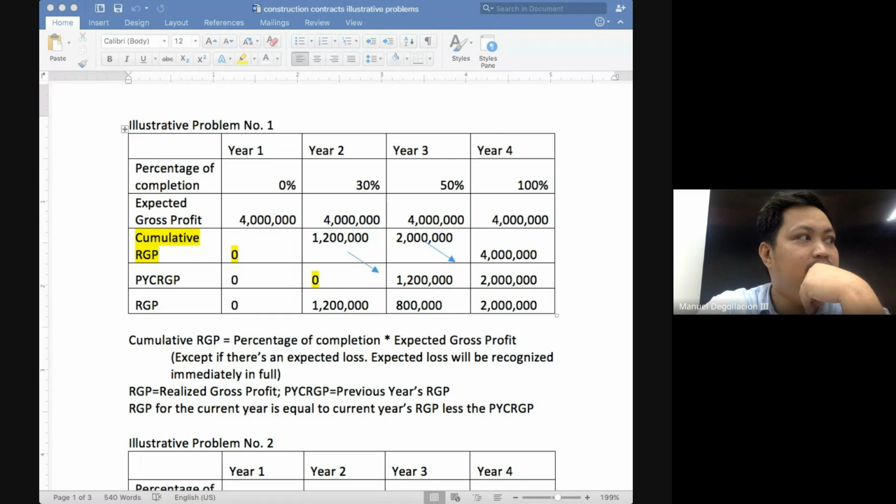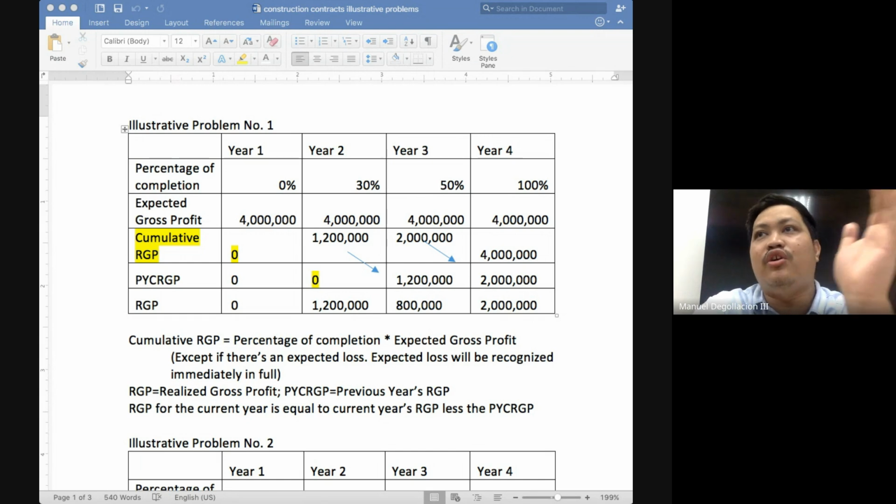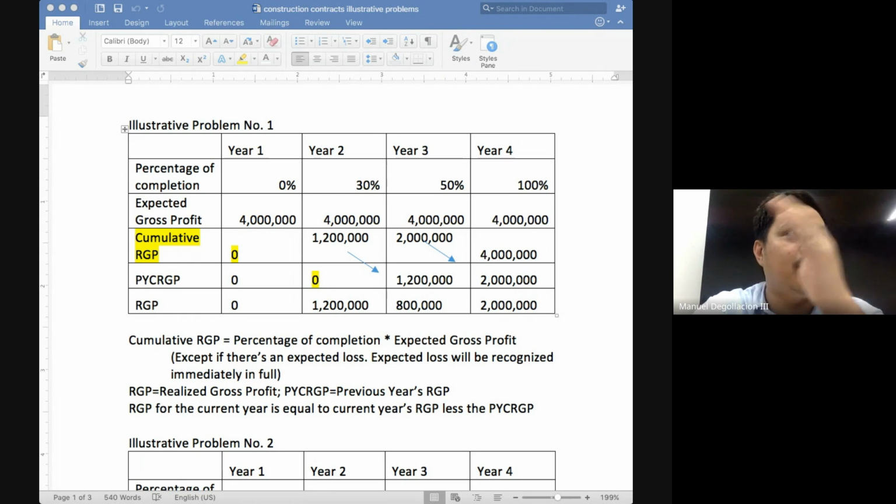Okay, so the topic tonight, class, would be accounting for long-term construction contracts. The issue here really is how you are going to record the revenue from a construction contract. And from the name itself, we'll be dealing with contracts that will span more than one period. So the issue here is you will be incurring costs throughout the life of the construction project.